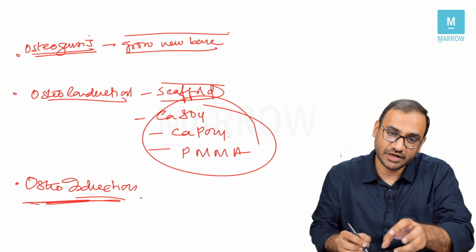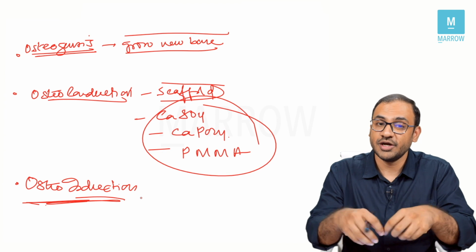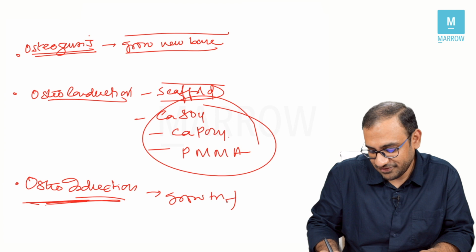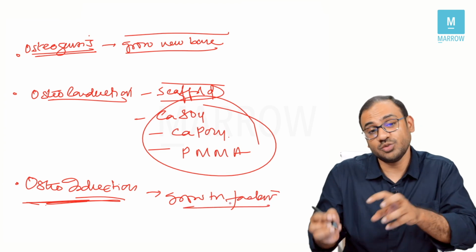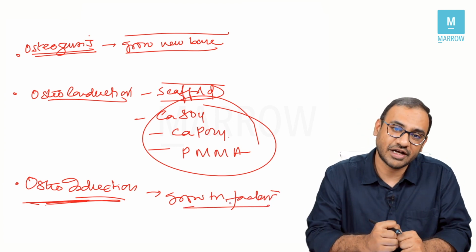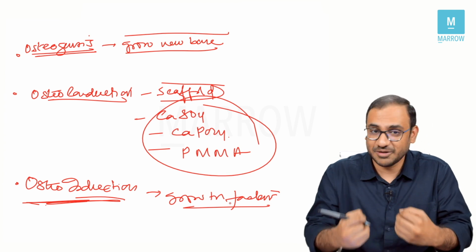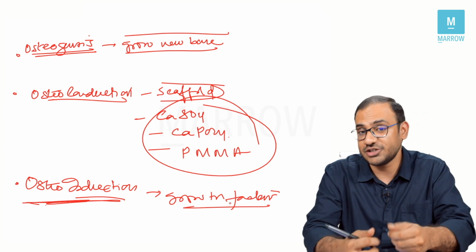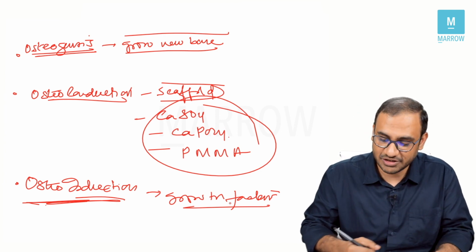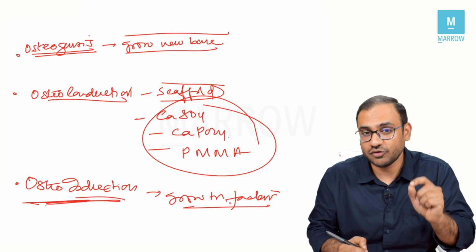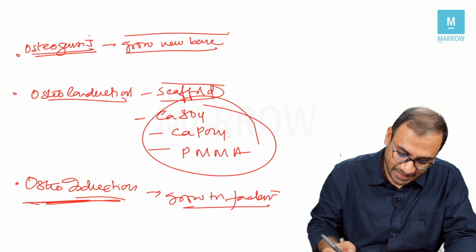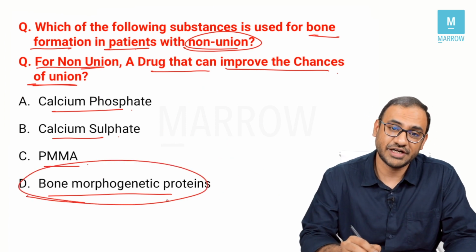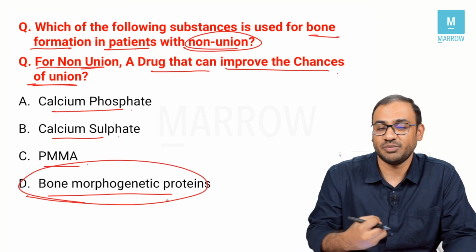It releases growth factors, stimulating the host bone to manufacture new bone. Now we have substances which we have recombinantly manufactured as growth factors that can stimulate the host bone to manufacture new bone, and that is your bone morphogenetic proteins. That is why the answer here is bone morphogenetic proteins, because bone morphogenetic proteins stimulate the host to manufacture